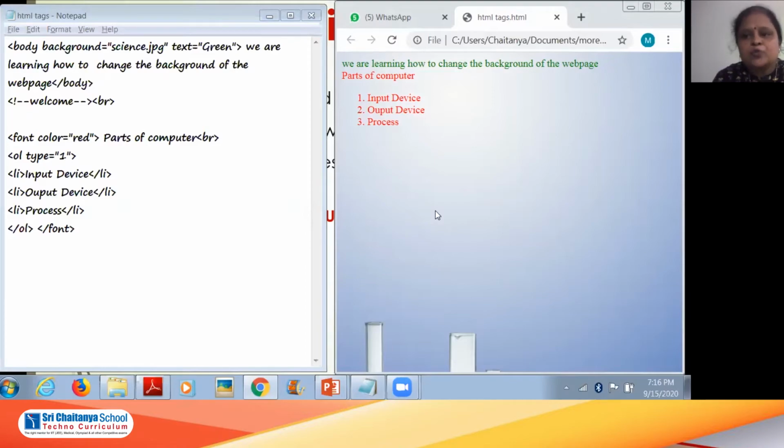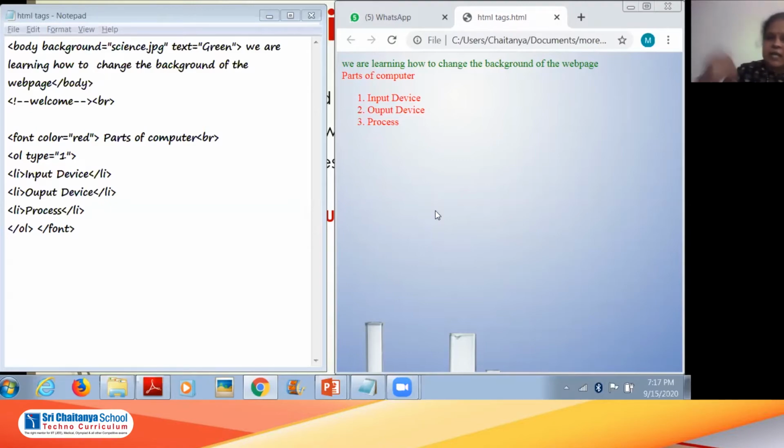Now, how to do the nested bullets or the nested list? What are the input devices we have, students? Yes, very good. We have keyboard, mouse, scanner, digital camera, all these things, right? So that I want to display below the input device as a nested bullet.